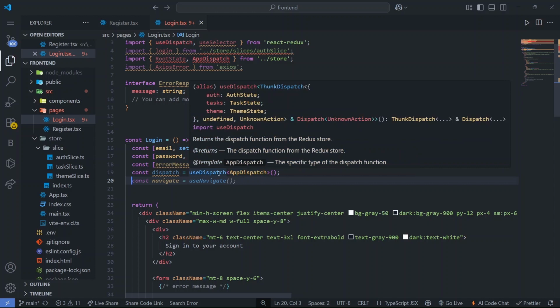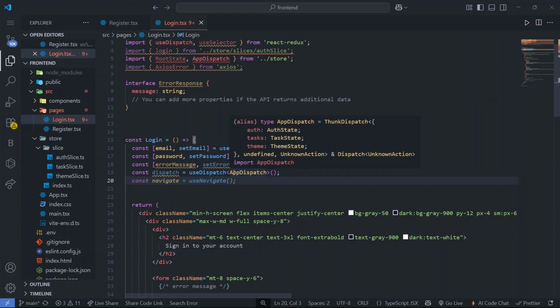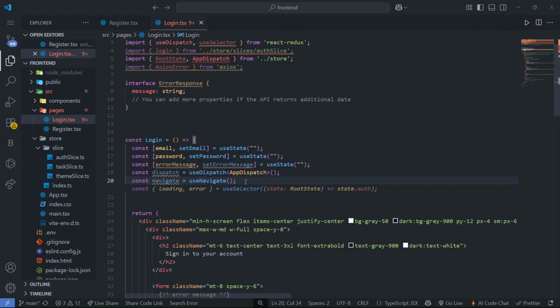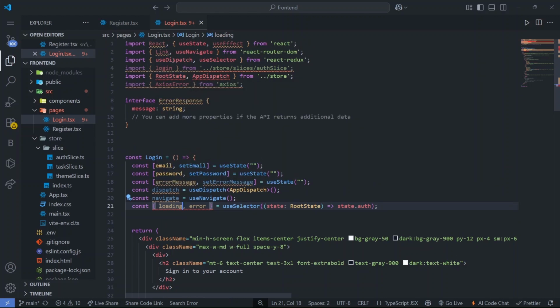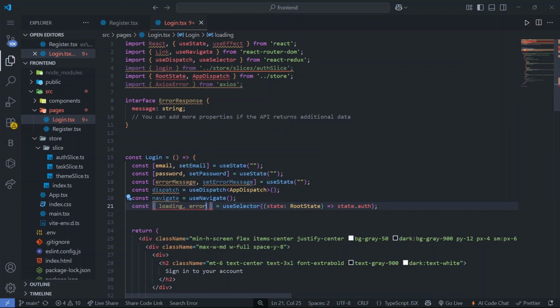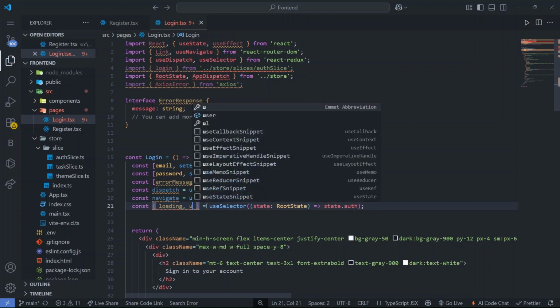So if you find an error on the useDispatch type, you can use the AppDispatch, right? And useNavigate, and then if any error, so this loading,